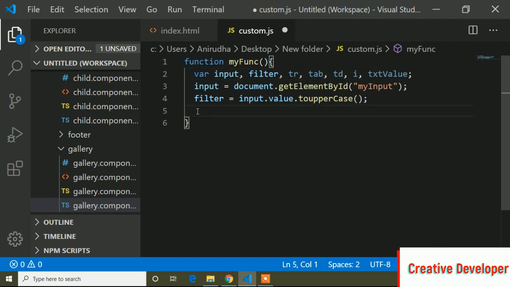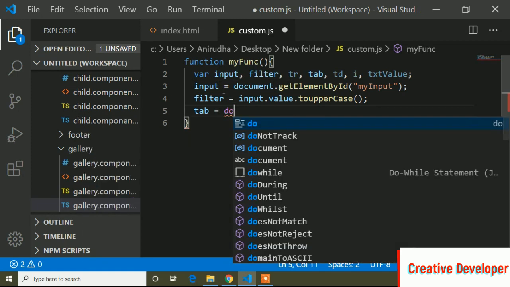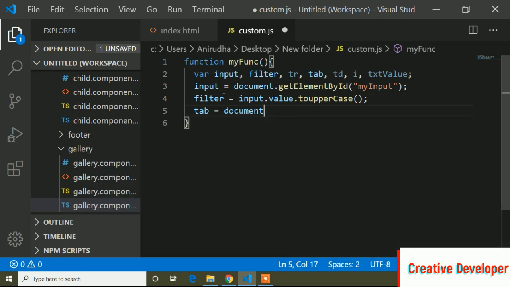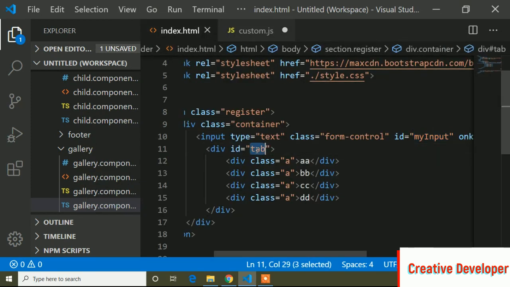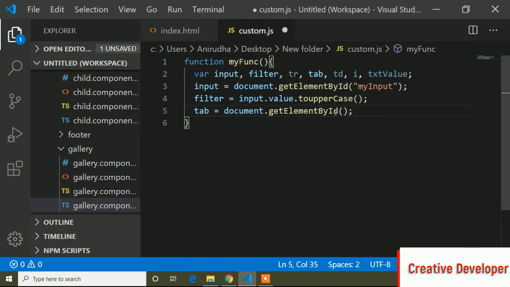This tab variable: tab equals to document.getElementById, and inside this id I will assign this tab.